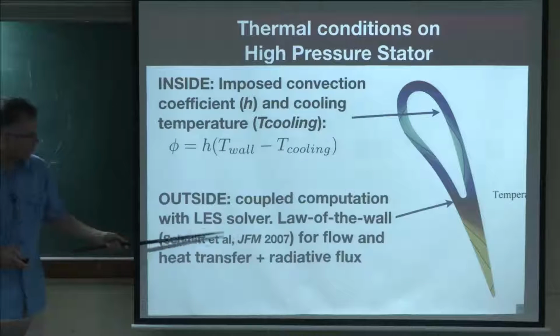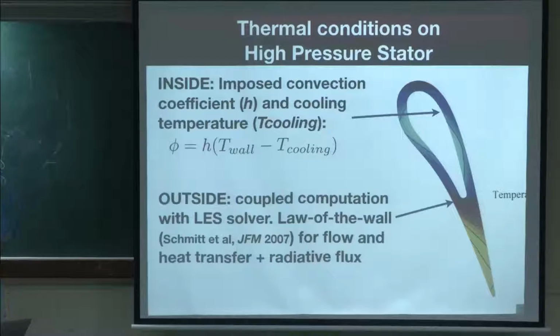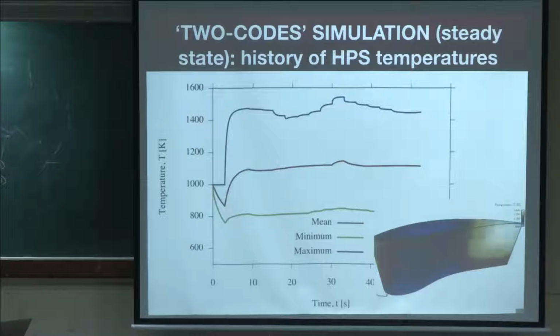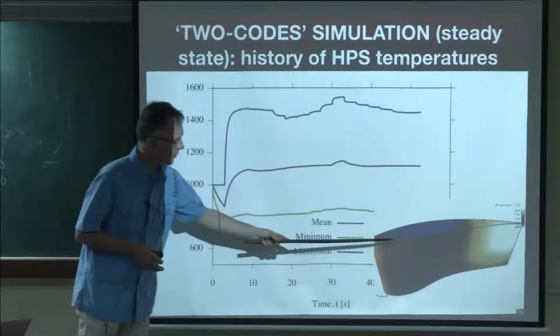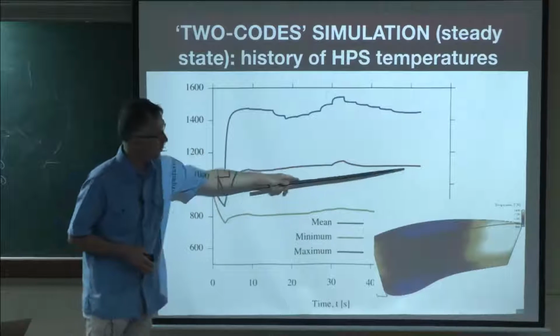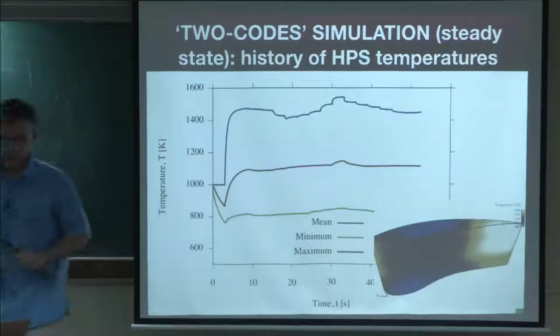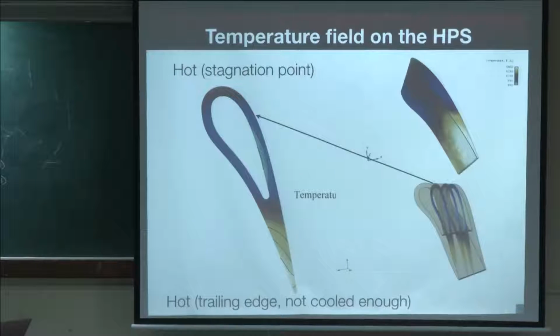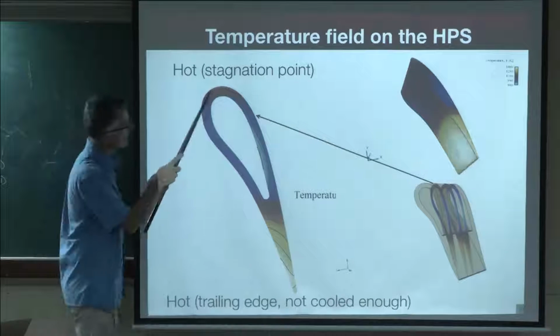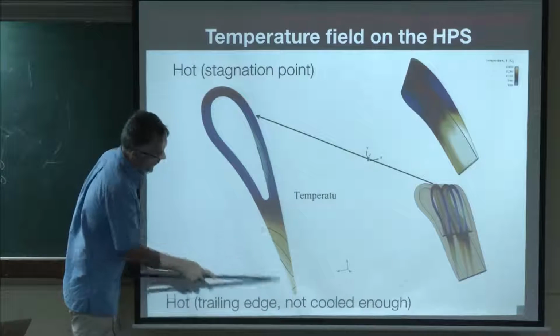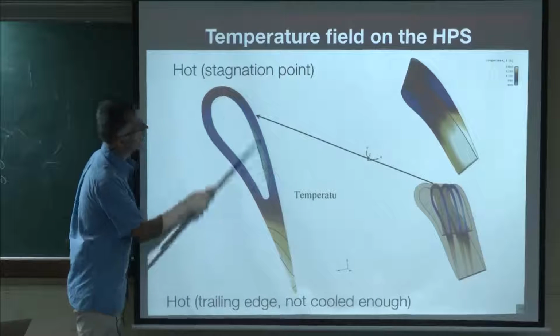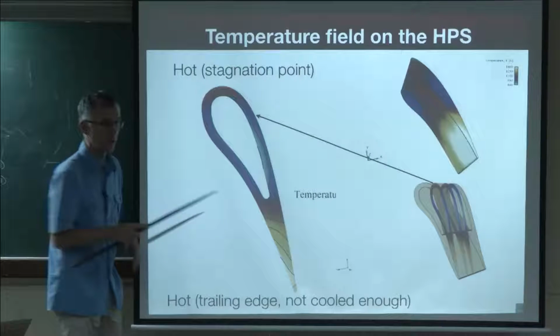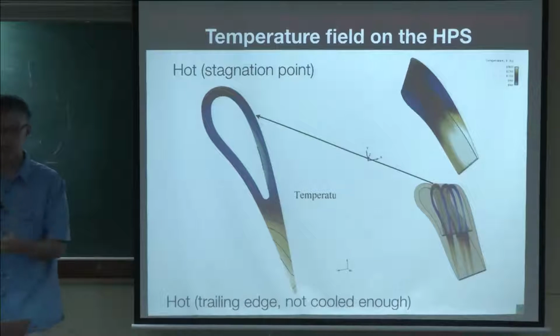We use law of the walls everywhere because this is a high Reynolds number flow, and if you would want to resolve all that, it would be quite difficult. So this is the evolution of the temperature of the blade versus time. After a while, the temperature stops moving. You go to convergence, and you can look at the temperature profiles on the blade. What's very important for people who do this design is to know the temperature of the surface here, of the pressure side and the other side, so that you can actually use it to compute stresses and determine if this blade is going to hold on or not.